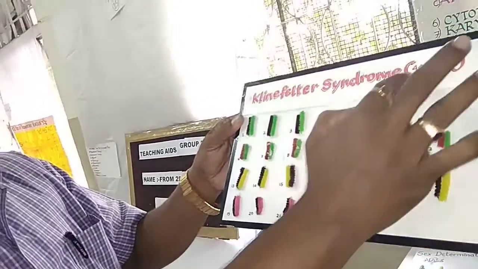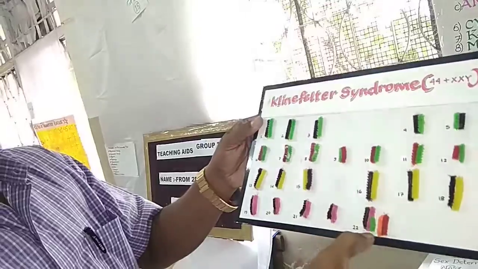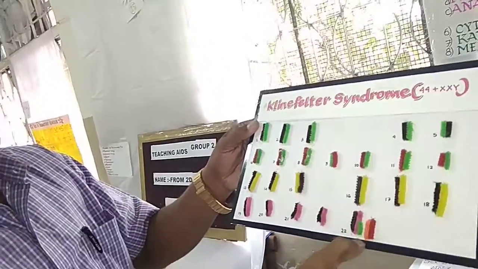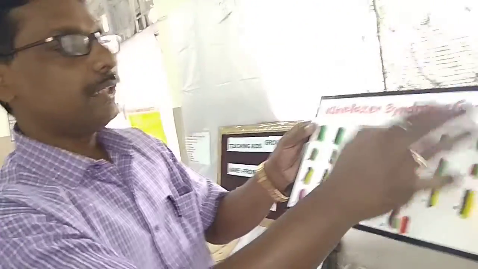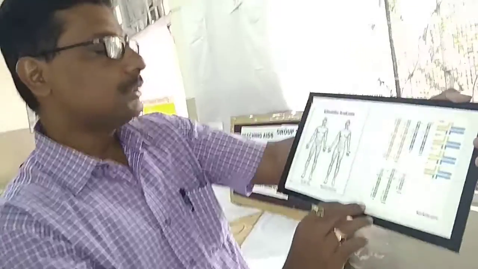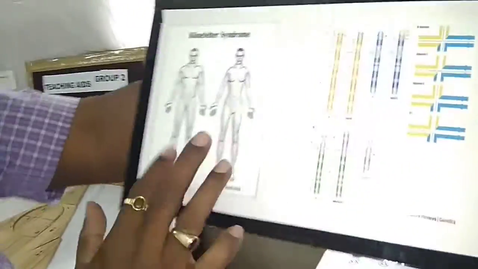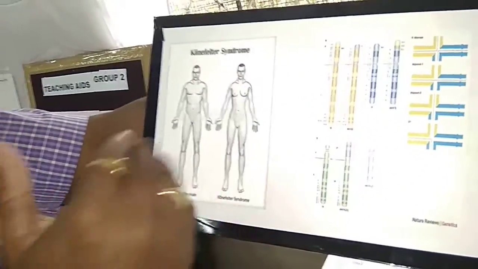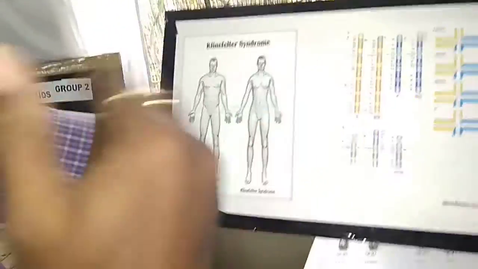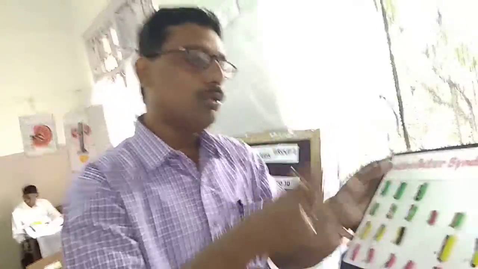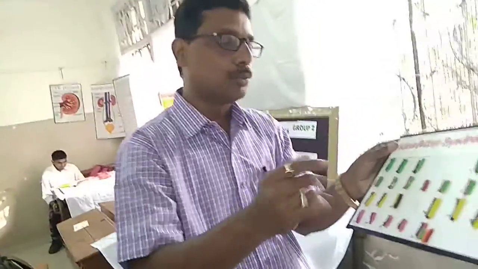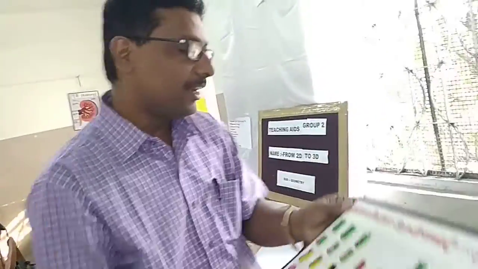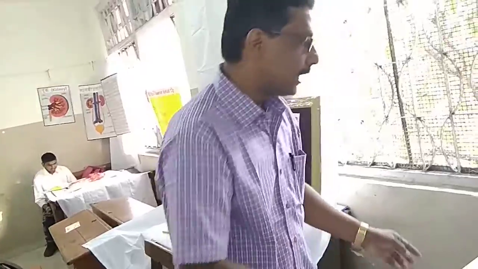Now look at this, 22 becomes 44 plus these two X chromosomes, and the shorter one is the Y chromosome. If this Klinefelter syndrome happens, then you can see a genetic disorder called a gender problem comes, meaning the person can be seen as a male but actually is going to be a female. So this concept can be told to the students. So how one of the chromosomes can change the entire thing of the organism.